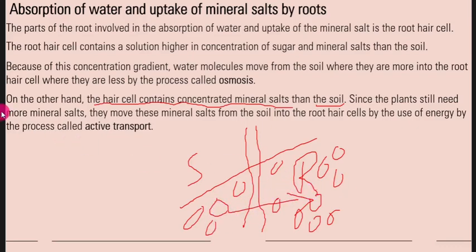That's what we are saying. On the other hand, the root hair cell contains concentrated mineral salts than the soil. So here the root hair has more mineral salts than the soil. Since the plants still need more mineral salts, even if it has some, it still needs these. They will need to move these minerals from the soil, this side, into the root hair,